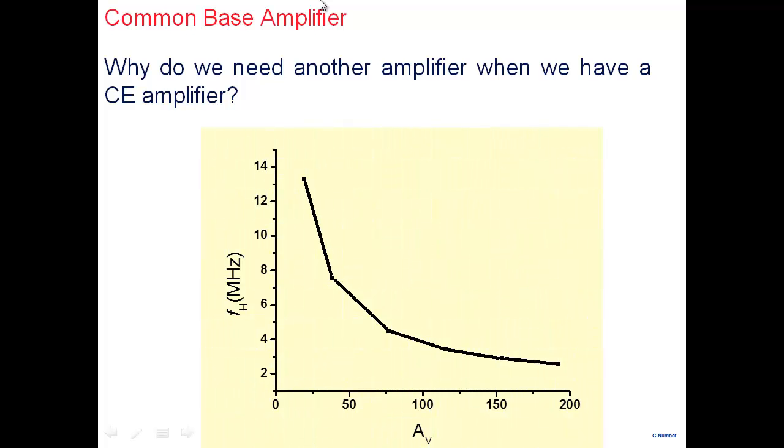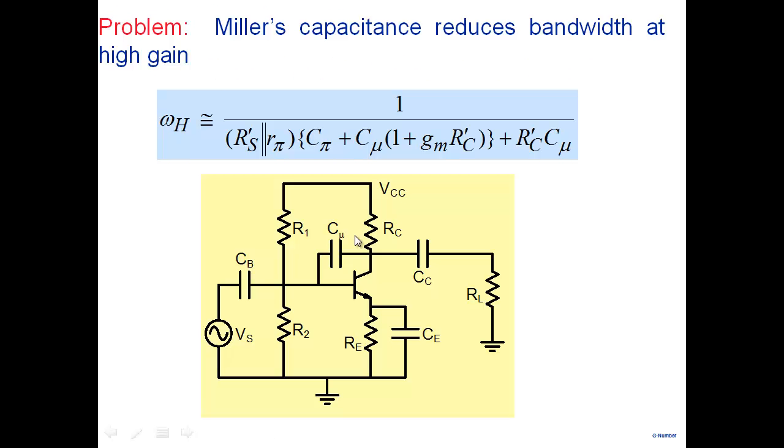In the previous discussion, we saw that one of the problems with the common emitter amplifier is that as you try to increase the gain, the 3 dB frequency, the upper cutoff frequency, starts to fall. Looking at the expression for the 3 dB frequency, one of the reasons is that the capacitance between base and collector, which is C mu, gets multiplied by the gain of the amplifier, gm RC dash. So as you try to increase the gain,